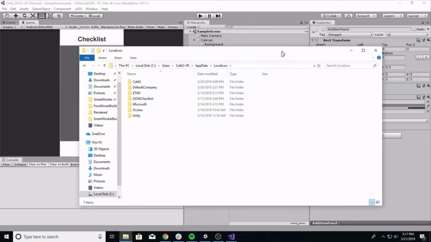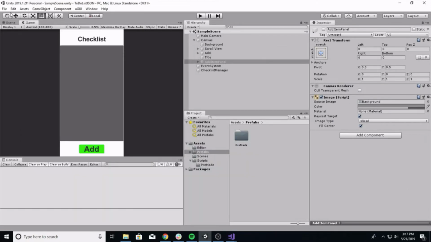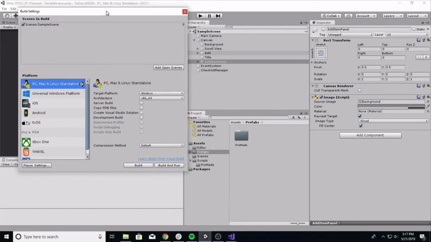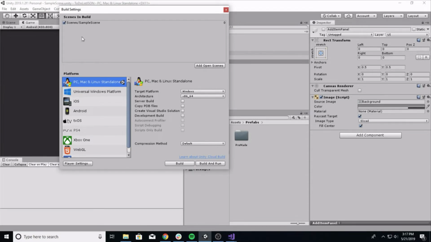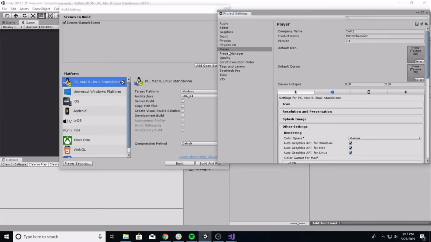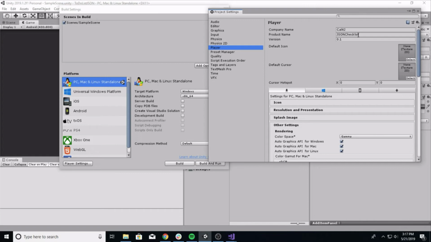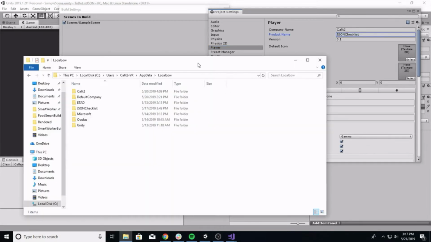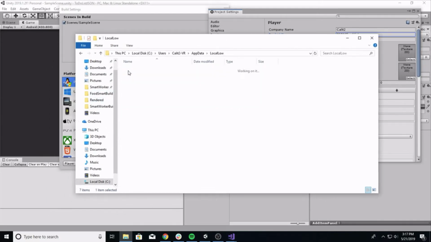company of the project. So if I go back to Unity really quick and I go to build settings, so file, build settings, and then I click on this player settings icon on the bottom left. With player selected in these project settings, you can see here's my company name, here's my product name. So Cali22 product is JSON checklist. So if I go back into that file explorer, company Cali22, product JSON checklist, here's the checklist, let's look at